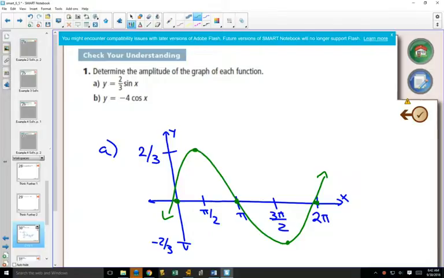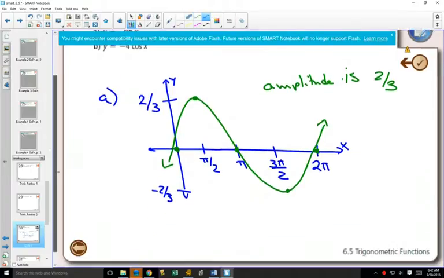And from this, we can see that our amplitude, which is from our center line to a maximum, or from our center line to our minimum, that distance from here to here is 2/3. So your amplitude starts off at 1, and when you multiply by 2/3, your amplitude becomes 2/3. Now in part B,